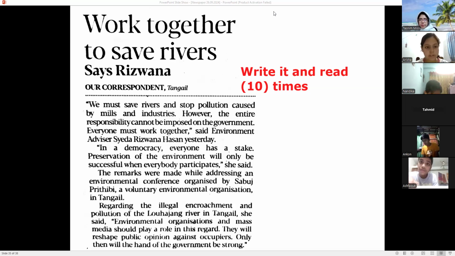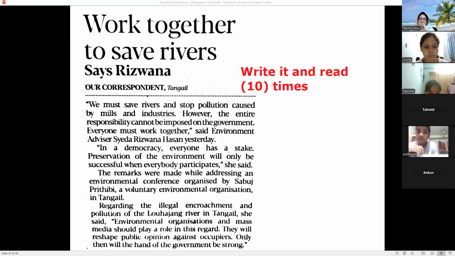Work together to save rivers, says Rizwana, our correspondent, Tangail. We must save rivers and stop pollution caused by mills and industries. However, the entire responsibility cannot be imposed on the government. Everyone must work together, said Environment Advisor Syeda Rizwana Hassan yesterday. In a democracy, everyone has a stake. Preservation of the environment will only be successful when everybody participates, she said. The remarks were made while addressing an environmental conference organized by Shobuj Prithibi, a voluntary environmental organization in Tangail, regarding